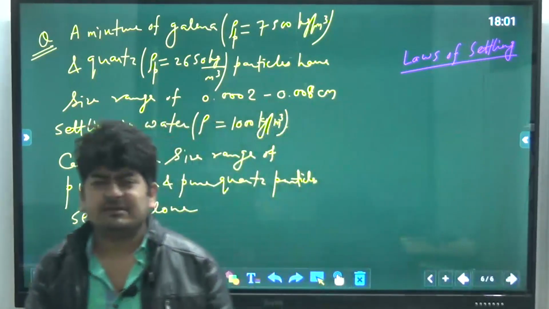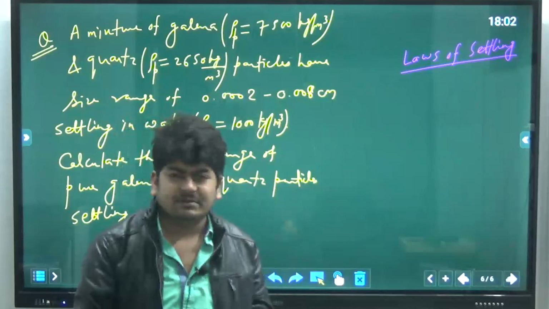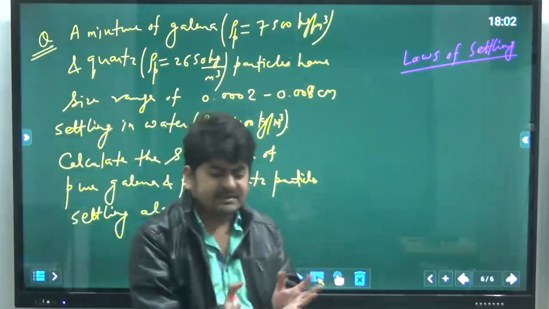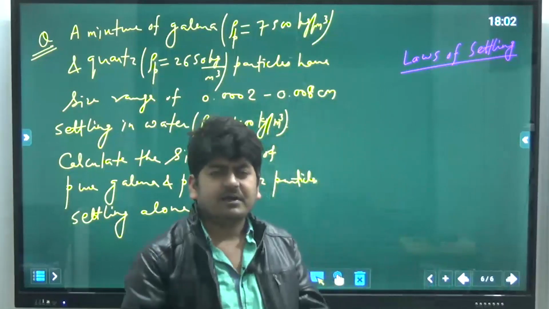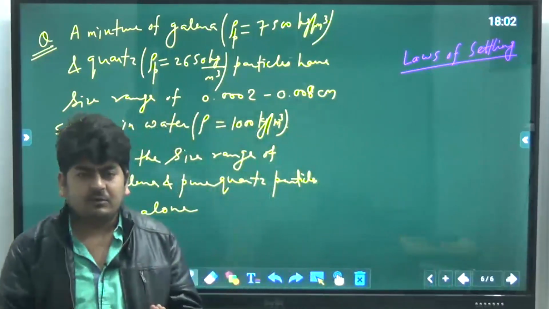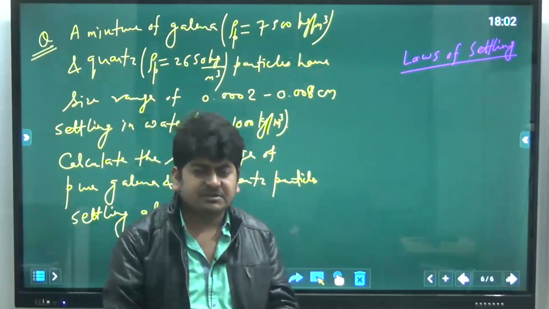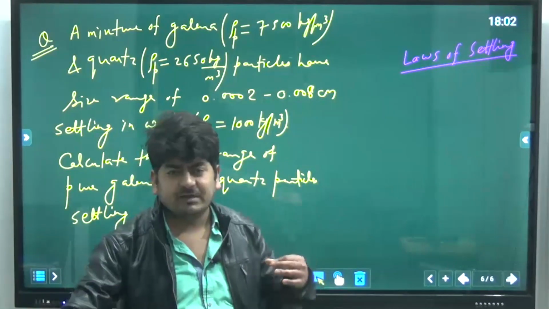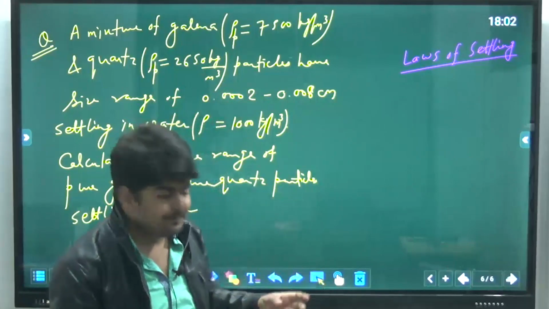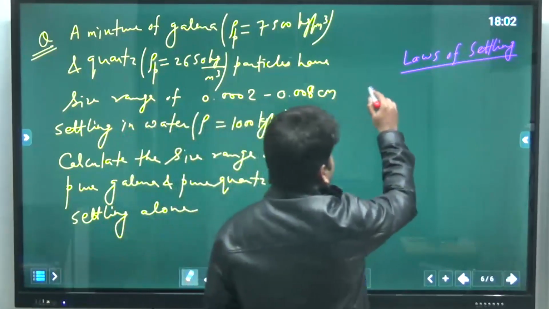These are observations, conclusions. When we are analyzing settling and doing whatever study is required, we get some conclusions, and those observations are used in the books as laws of settling. Okay, the first observation is